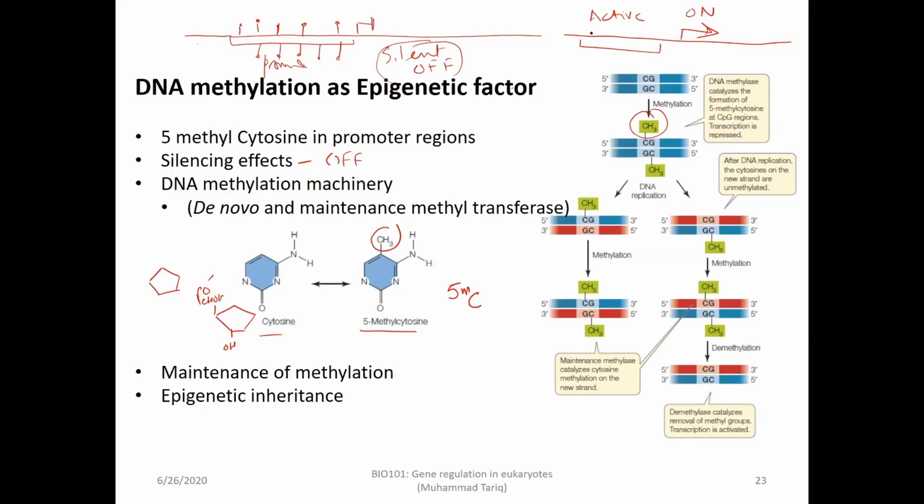Now, they also discovered that there's a specific DNA methylation machinery. There's an enzyme which methylates cytosine. It doesn't come by itself. There's a protein called DNA methyltransferase, which adds a methyl group here covalently, and once it's added in the CG context,